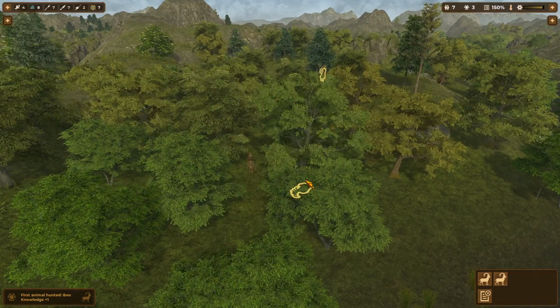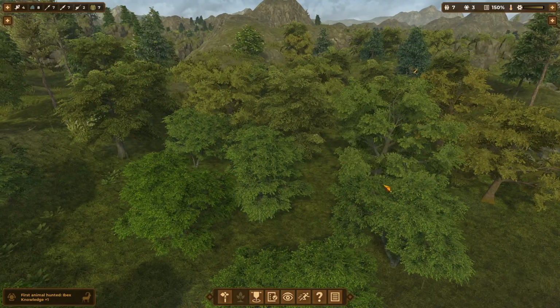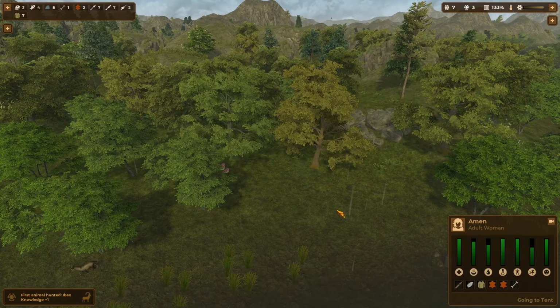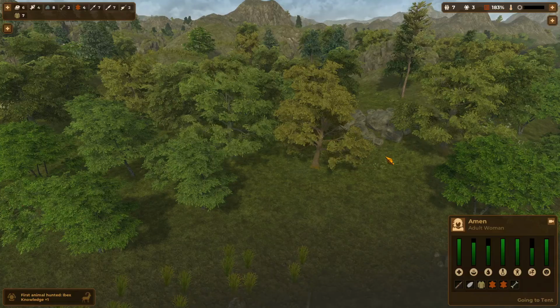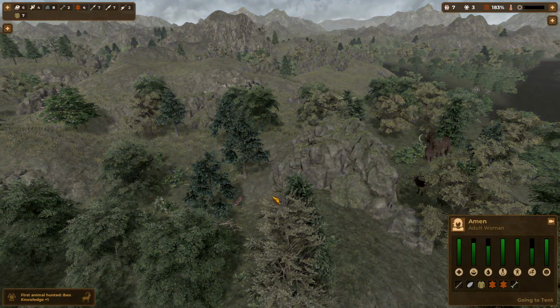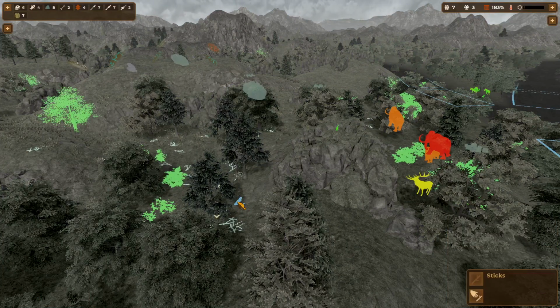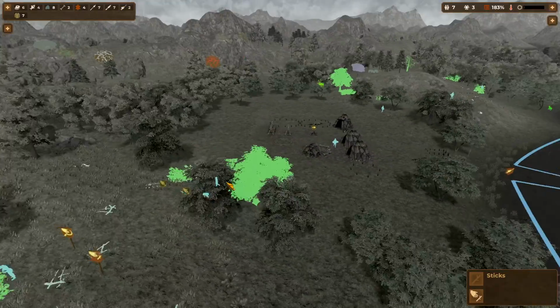So now we have killed an ibex, and the dead ibex, there he is. Well, the woman is now hunting him, but it will give us certain amounts of raw skin and food, and we can obviously use that to our advantage. So there you go. There's the other one. Dropped a bone, some raw meat, and the skins, which is the most important thing, which is why I'm really hunting